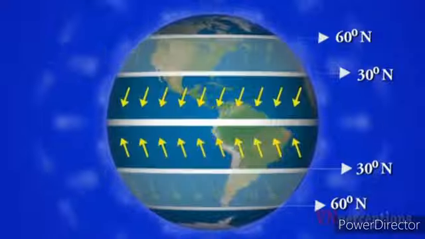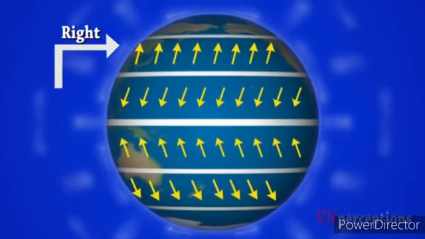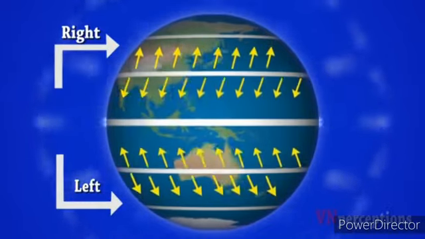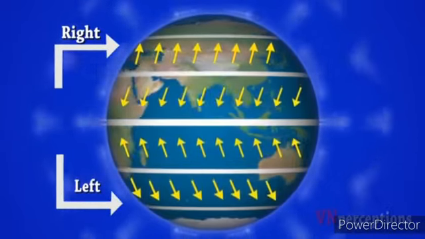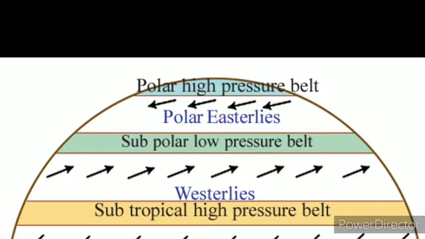The second planetary wind is westerlies. Why are they known so? Because they always start from the west in both hemispheres. The winds that blow continuously from the subtropical high pressure zones to subpolar low pressure zones are generally known as westerlies. The speed of the westerlies in the southern hemisphere is faster than in the northern hemisphere